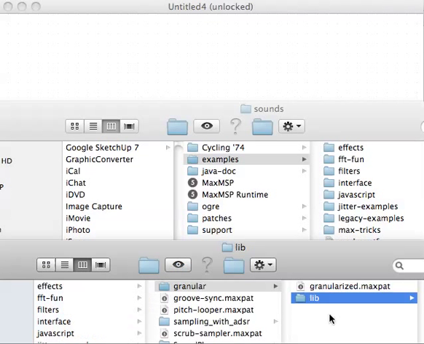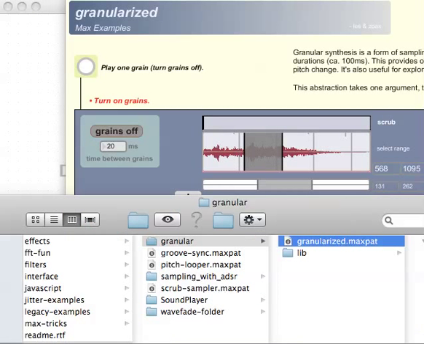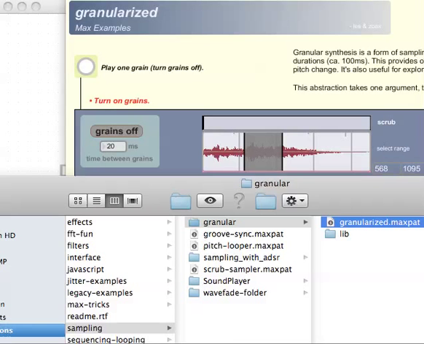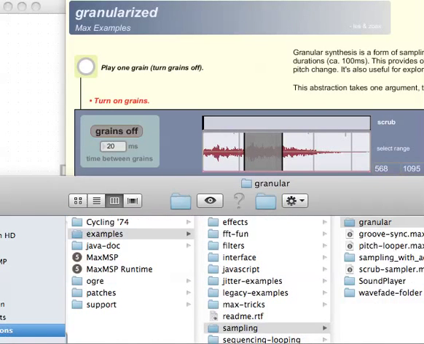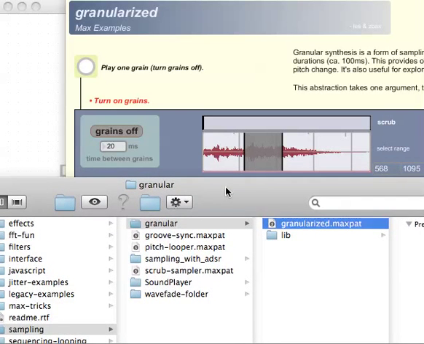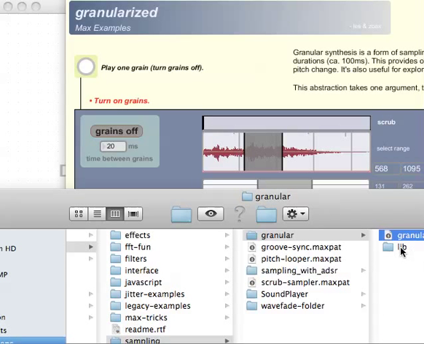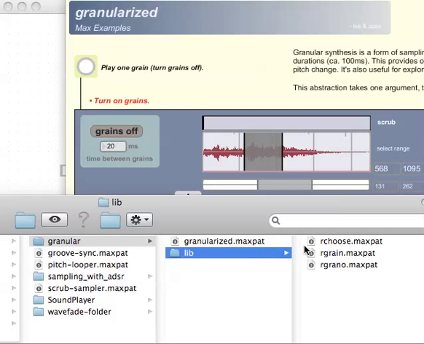There's the one down here in the Max examples, in examples, Max 5 examples, sampling, granularized.maxpat. As many of you have probably already played with this and found out, there's a couple of levels of abstraction going on here. You have this nice looking interface that does everything you might want it to, maybe. And then contained within this bpatcher is something that's hidden away down here, which I think is called